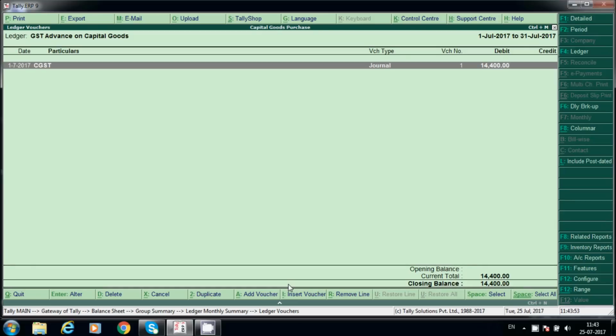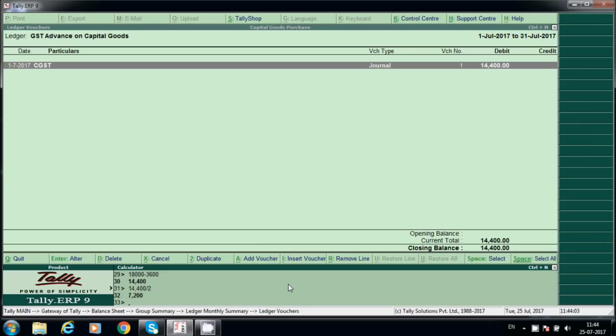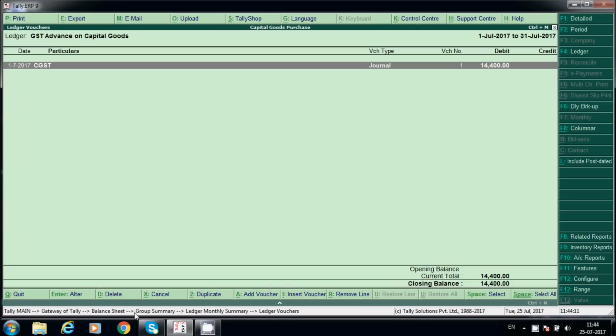Next year, third year 3,600, fourth year 3,600, fifth year 3,600. Total 3,600 into 5 years is 18,000, our total GST. For capital goods we have to claim only one year's part.